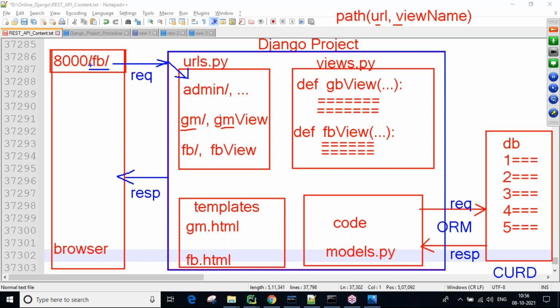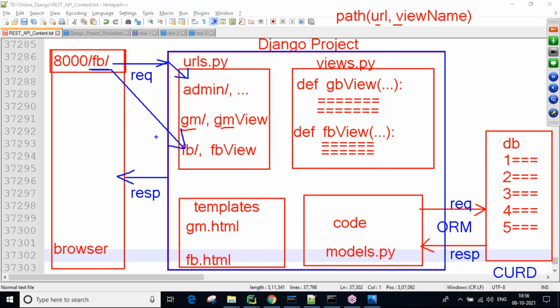Whenever we send the request from the browser, that request first reaches the project level urls.py. From top to bottom, it checks whether any URL is matching or not. My URL name is fb. Is this fb matching with admin? Not matching. Is it matching with gmail? Not matching. This fb equals the fb URL, yes, matching.